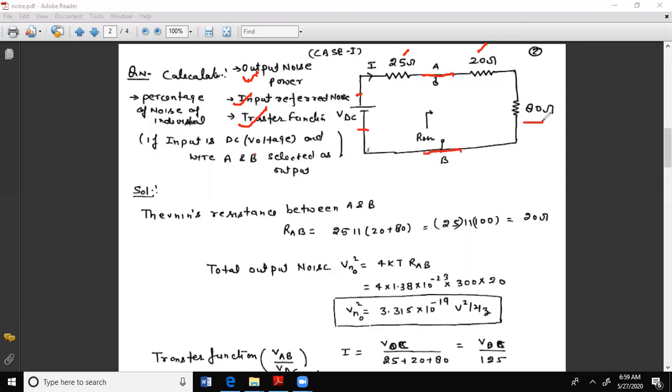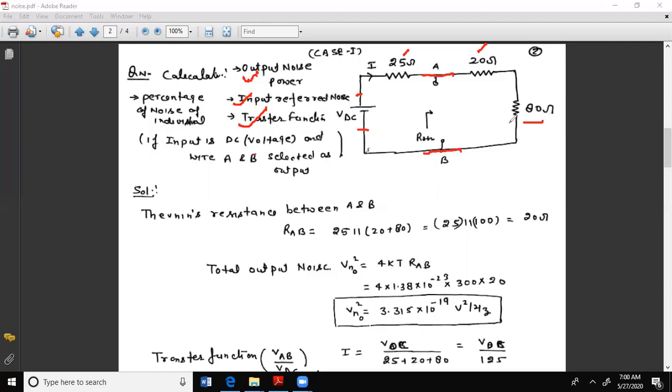Same when we are designing the amplifier, we have to calculate the noise of each individual element, or which is contributing the most noise. So we focus the design on reducing the noise of that particular element, for better input referred noise or for the signal to noise ratio.